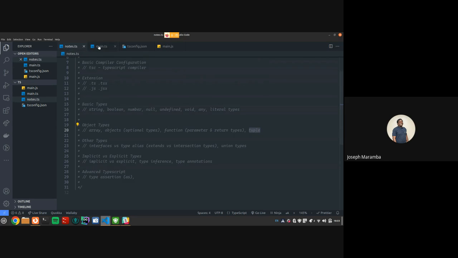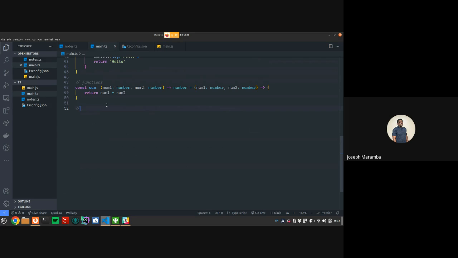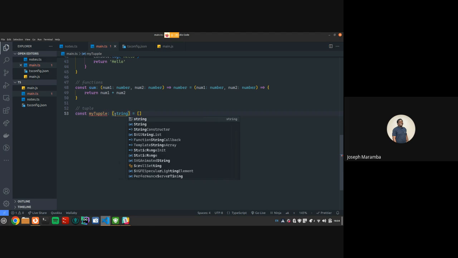So let's talk about tuples. What is a tuple? It's not in JavaScript. A tuple is an array of fixed length. Okay? A fixed length array. It's an array that has a fixed length. It can't have additional elements in it. So basically, if I say this, I've said that my tuple is an array. Then if I come and I say string,